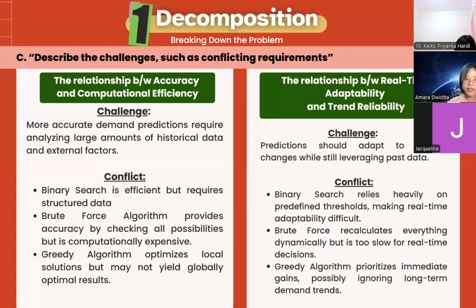And then lastly, we describe challenges such as conflicting requirements. For this, I've already summarized it into 6 different categories. As you can read above, for time efficiency, I will only read the categories. The first category is the relationship between accuracy and computational efficiency. The second one is the relationship between real-time adaptability and reliability. Next,